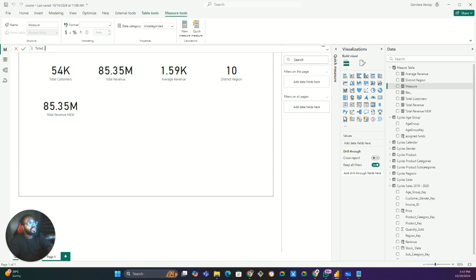Let's just merge it together. Total sales 2020, and we say equals, we're going to use the calculate function, and just going to do shift